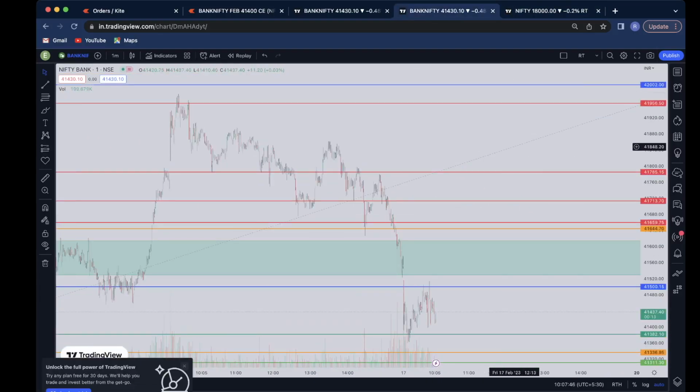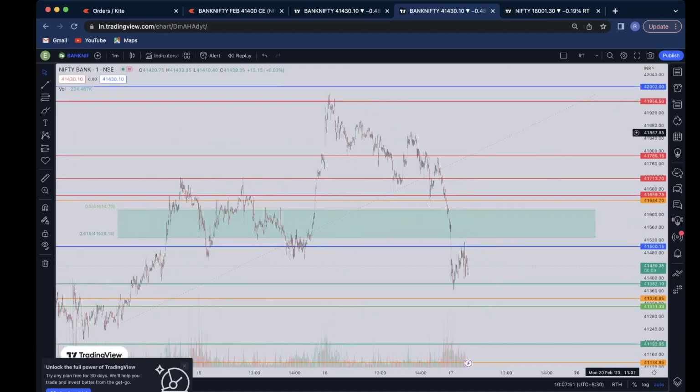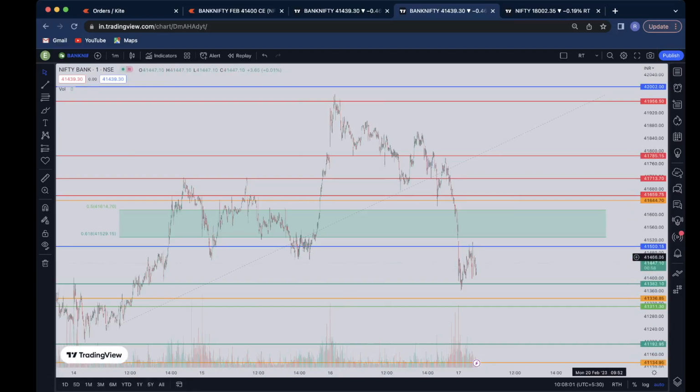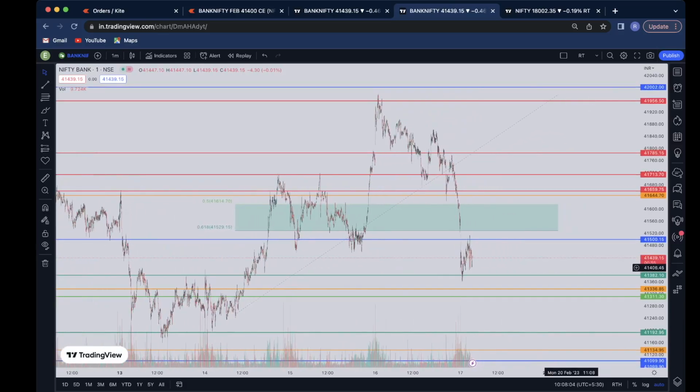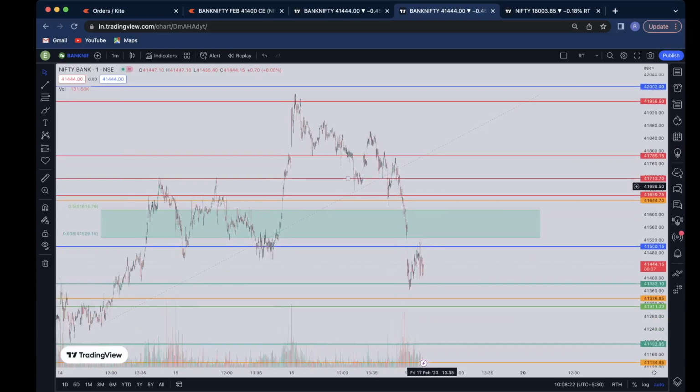Before that, I have to discuss the sentiments on how we actually trade. These supports and resistances are made based on what most people's psychology would be. For example, although the market's closing price was here, suppose the market gives a flat opening and it pulls up to here. If it makes very big candles up to here, then mostly the buyers would be interested, but at the same time the sellers would also be interested.